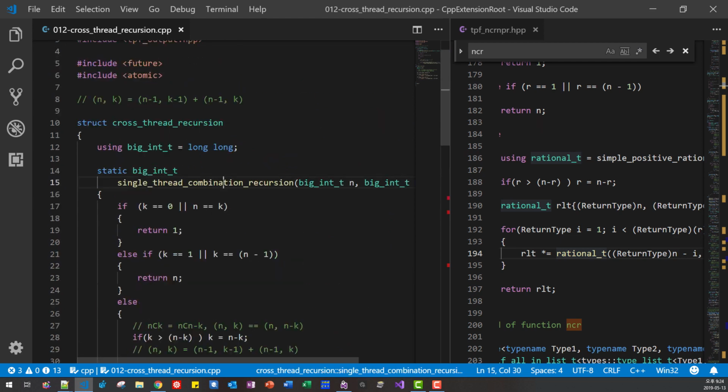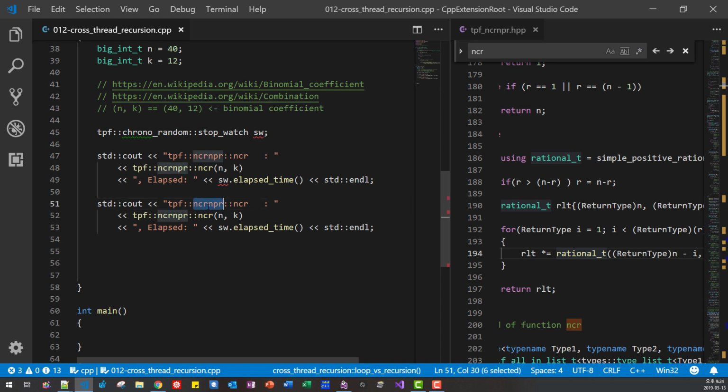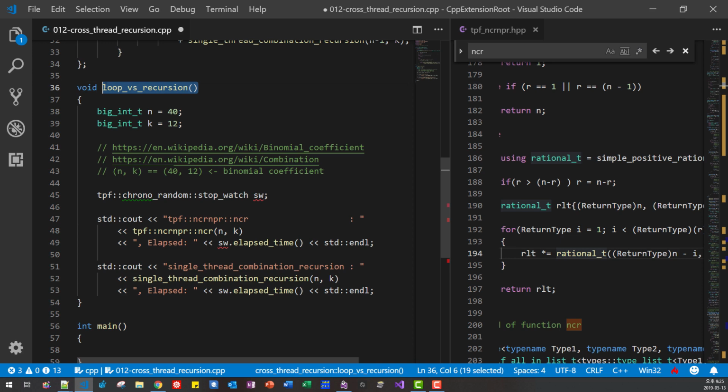Now this time we are calling this function. Here we are calling this function. We just created this function based on recursion, like this. Now let's run this program. Here I will call this function.